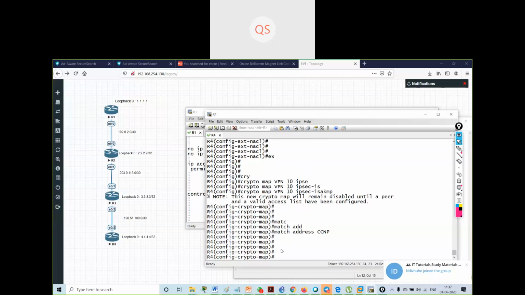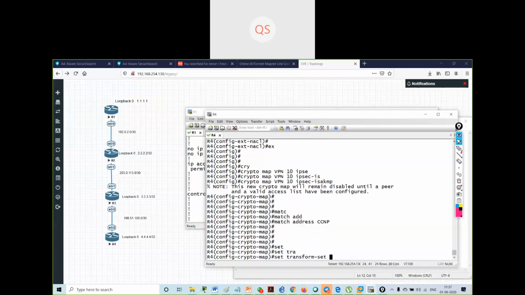So I have matched the address of the access list. Now I will set my transform set. What is my transform set? My transform set is Cisco1.